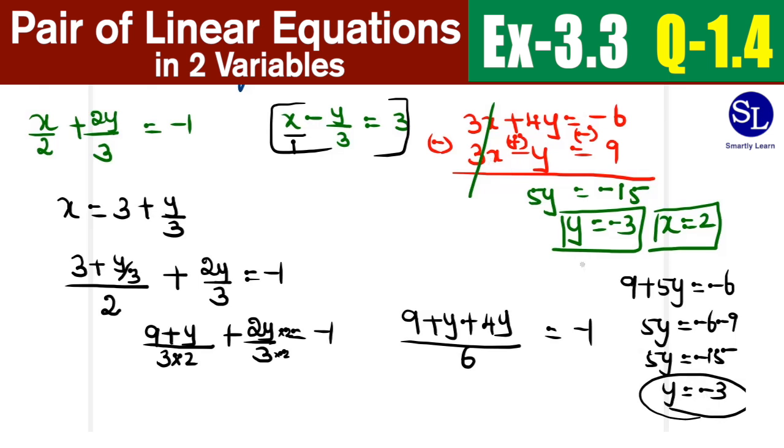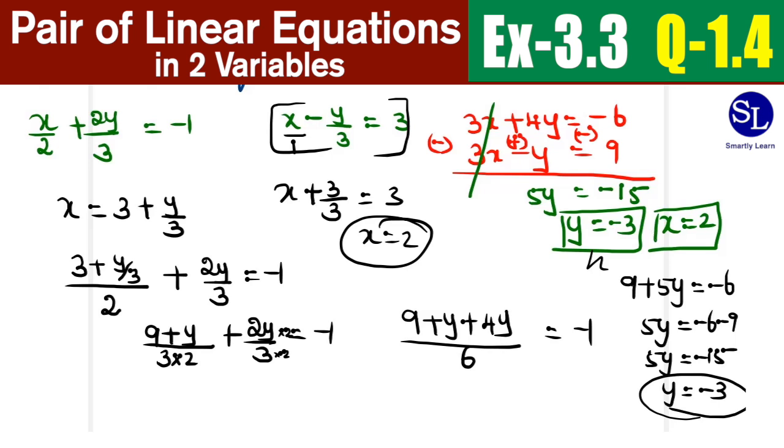Remember, that is what we have got here too. So then you can do a substitution of this minus 3 in any one of those equations. That's what we did before. So it is going to be x minus of minus is plus 3 by 3 is equal to 3. So x is going to be equal to 2. The same step that we did before. So whichever method we used, y is equal to minus 3 and x is equal to 2.